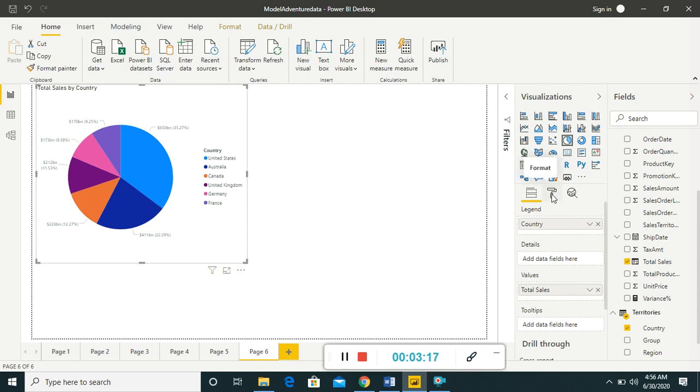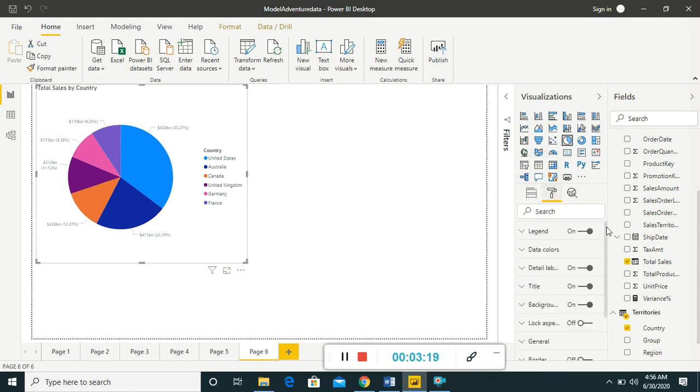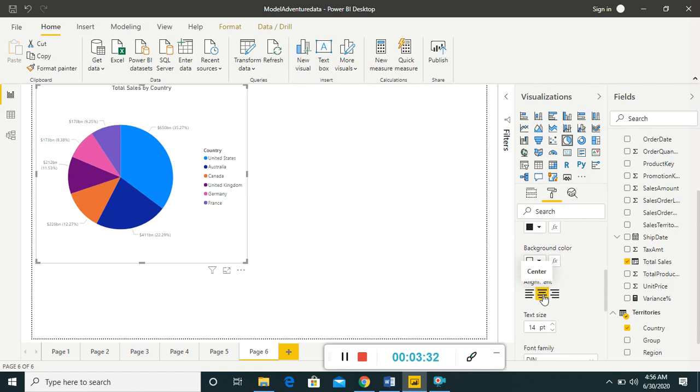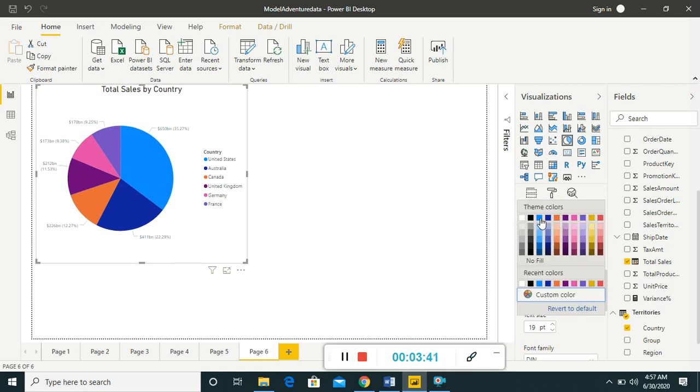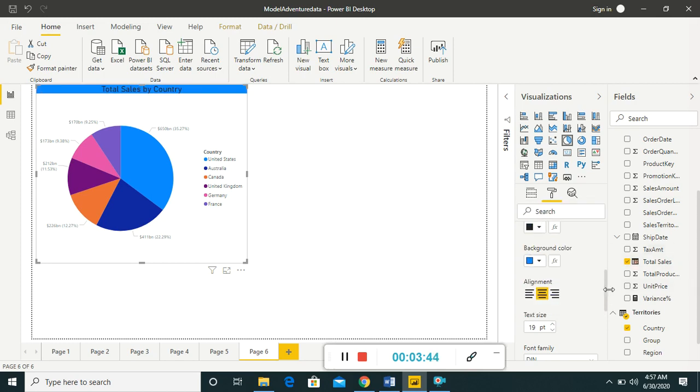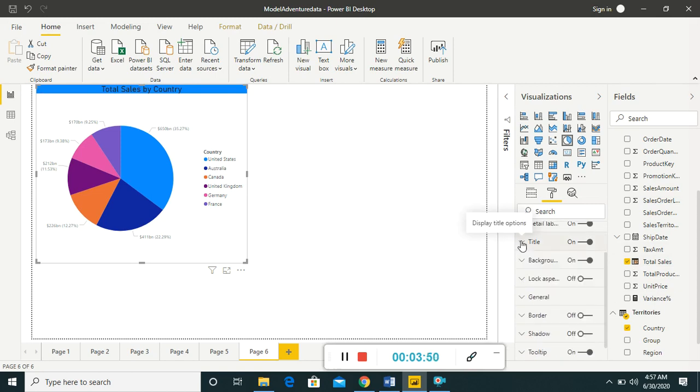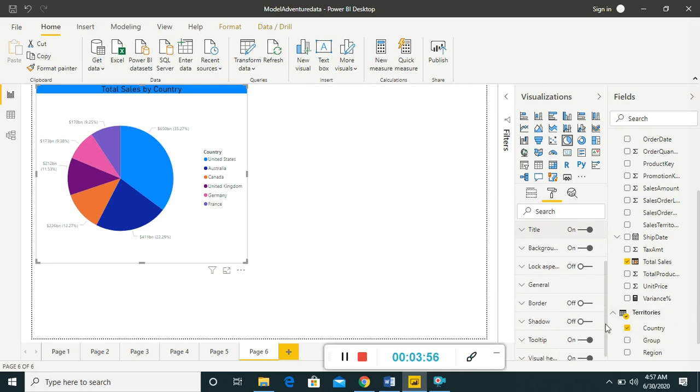For that you can move to format, and if I want to align it center, increase the size, and change the background color, whatever I have to do with the title I can do. There are various options available.